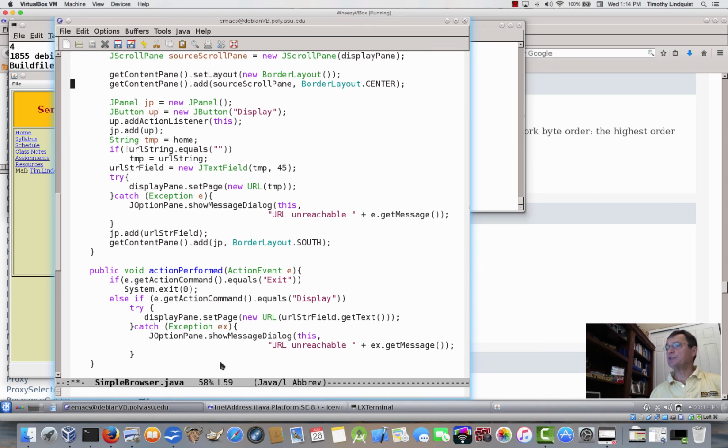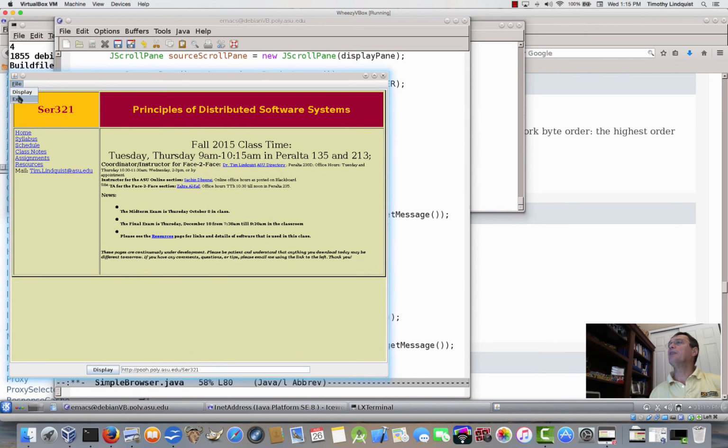Right? So that's the reason that this method exists in here, public void actionPerformed, and this is a mechanism to find out if the event's action command is exit, meaning that the File Exit menu item has been selected, then do System.exit(0). Otherwise, if the action command equals display, and in this case it could either be that display,